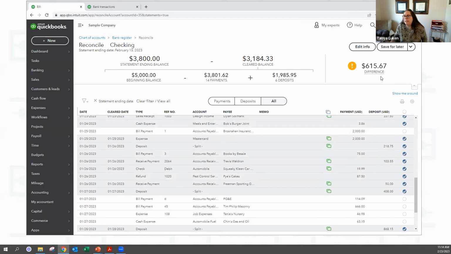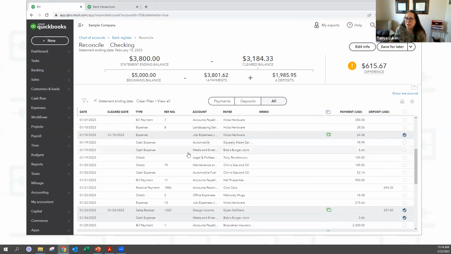It's hard for me to show you because I just made up the $3,800 ending balance. But a lot of times what'll happen is you'll put in $3,800 for your ending balance and you'll be off $9, for example. And I just wanted to tell you this trick. If you're off by a multiple of 9, meaning you're off $9, $90, $900, 9 cents, 45 cents, $450, 36 cents, $36.